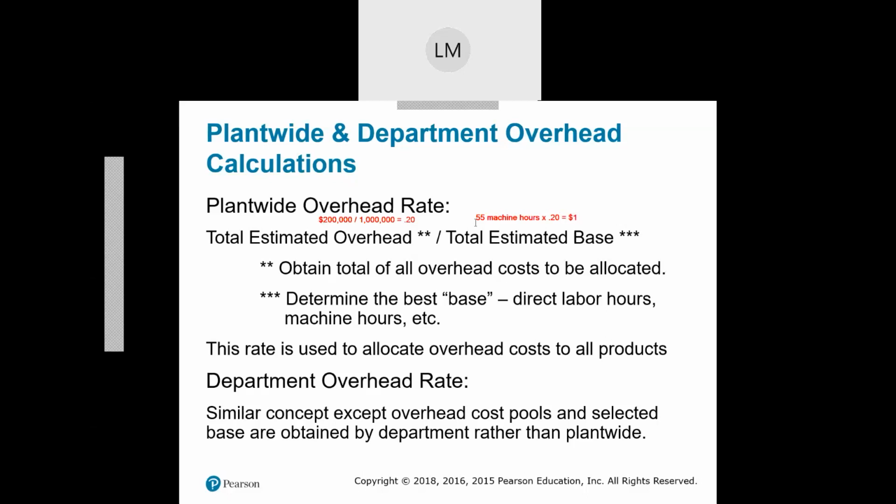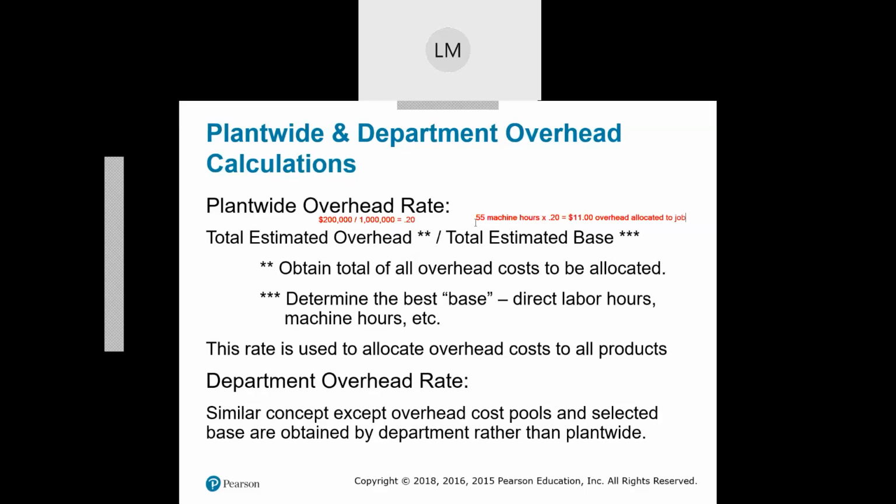Oops, not 100. $11 of overhead allocated to the job. And then when I take that overhead allocated, I combine that with the cost of direct materials and direct labor to get a total cost of that job. So now this rate is used to allocate overhead costs to all products, and sometimes we can have a departmental